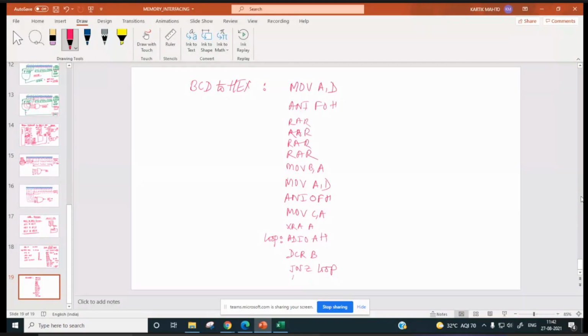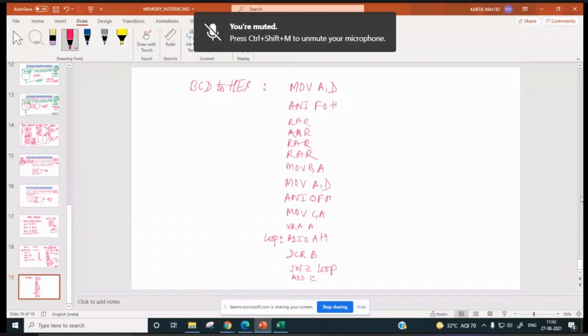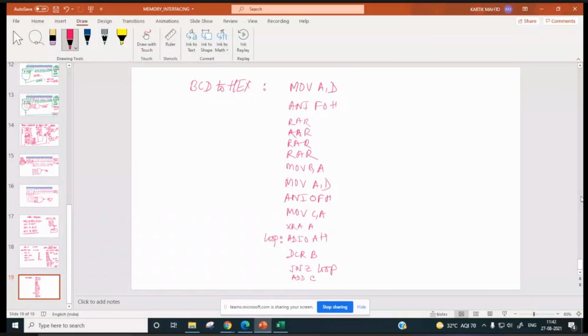Add C. Right. Then move, add C. Then if I do say RET, return.